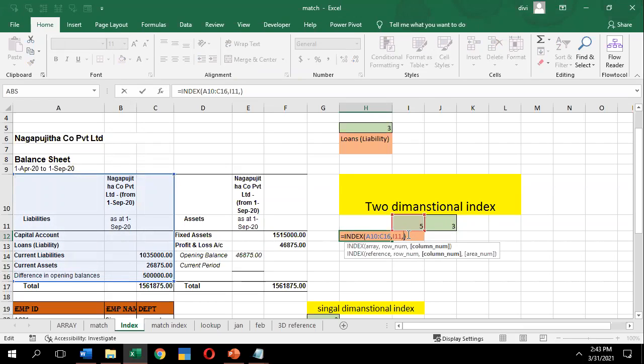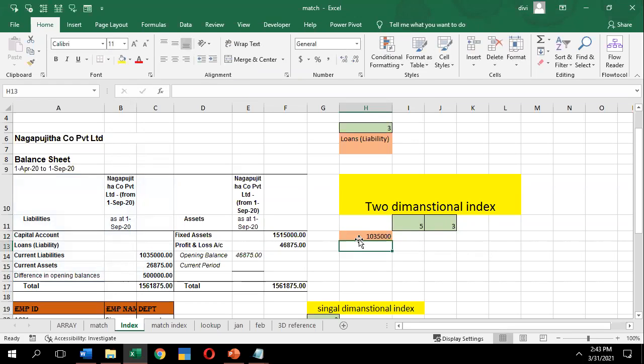Okay. This is finding your text or your value. If you want a particular value, you have to go by column-wise and row-wise. You can go by this method. That is INDEX. Is that clear? Does anyone have a doubt with this?